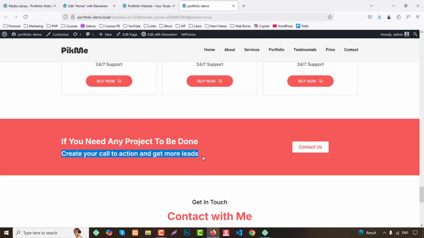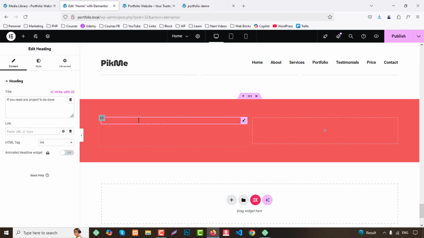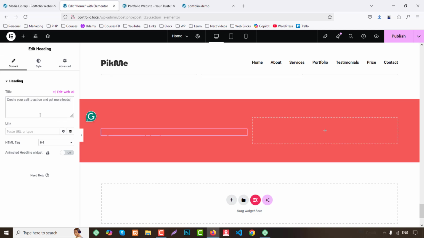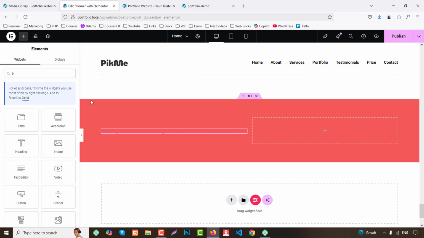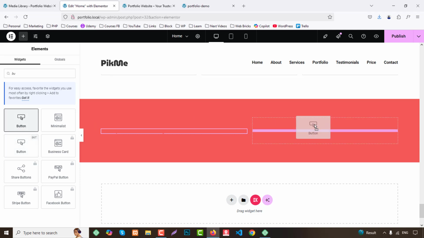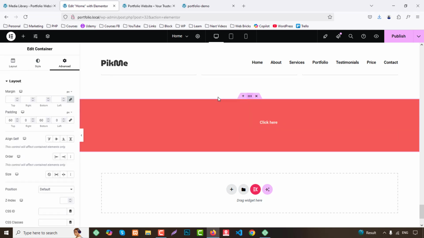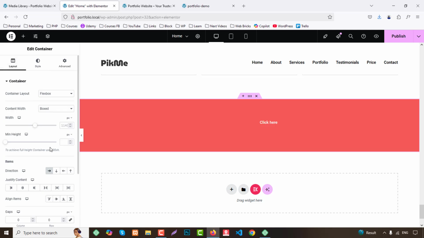and paste here and change to H4. Then we have this text, duplicate this part, paste here and change text to P tag and add a button. We can choose this button, and from here we can choose layout, Elementor, center, vertical center,